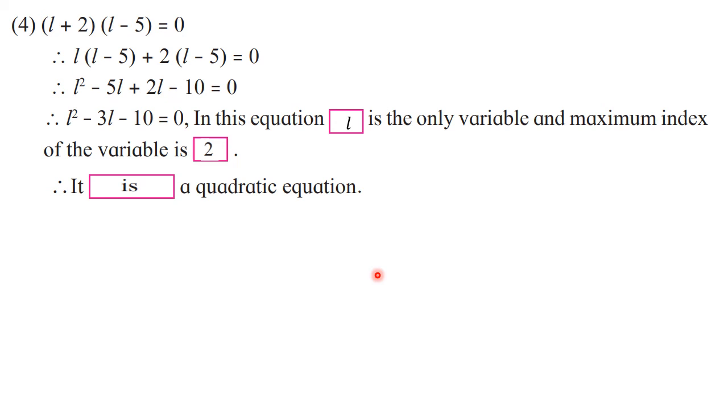In the next lecture, we will study more about it. We are going to study about the solution of the quadratic equation or the root of the quadratic equation, its meanings, and then the problems based on that.